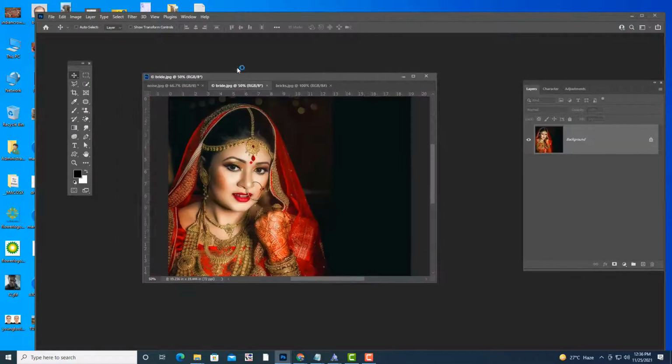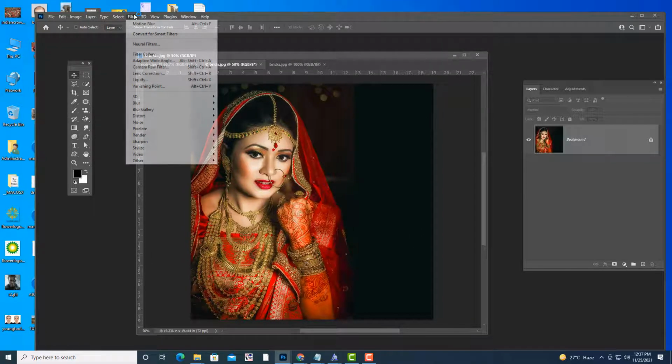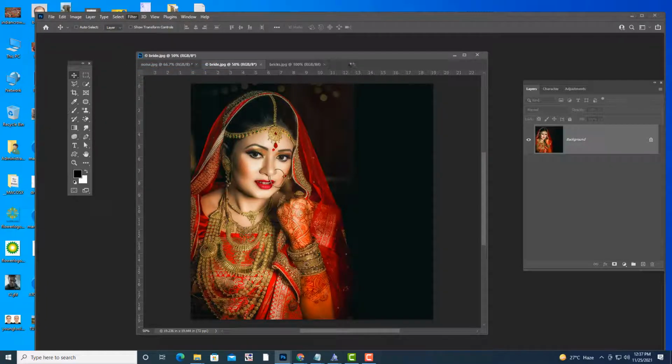Okay, so the last filter that I am going to tell you is camera raw. So, what is the camera raw filter? See here, we have the filter camera raw. You just open the camera raw filter.